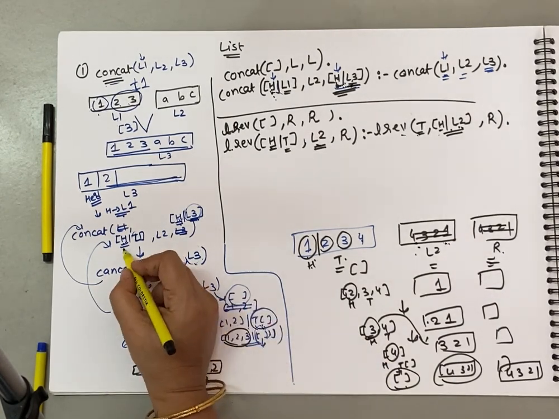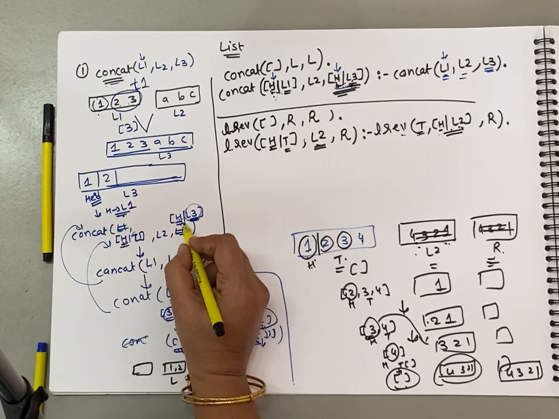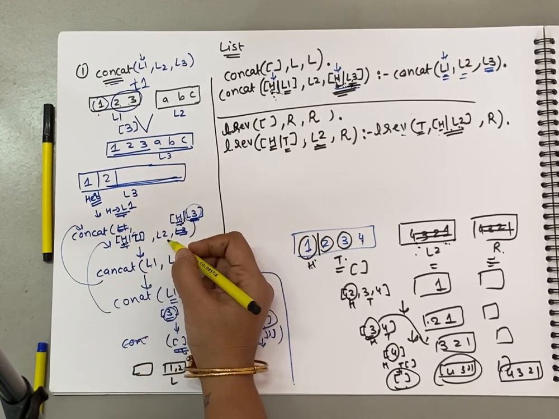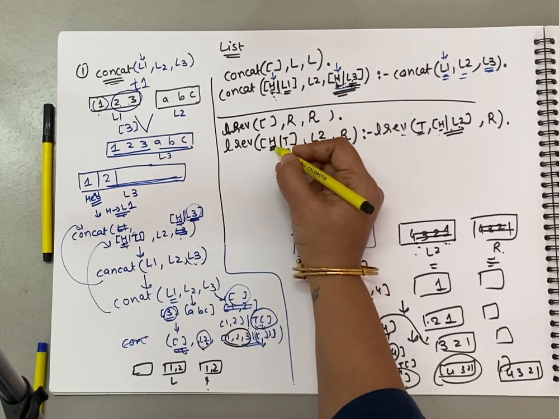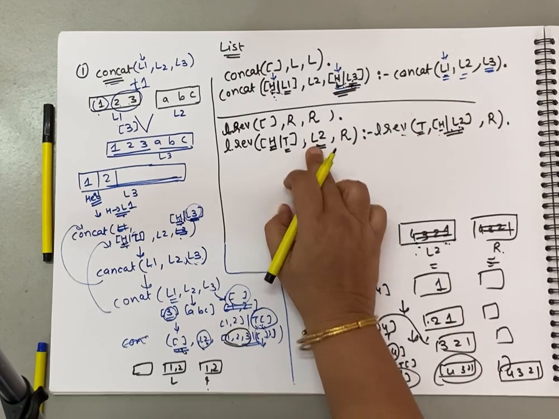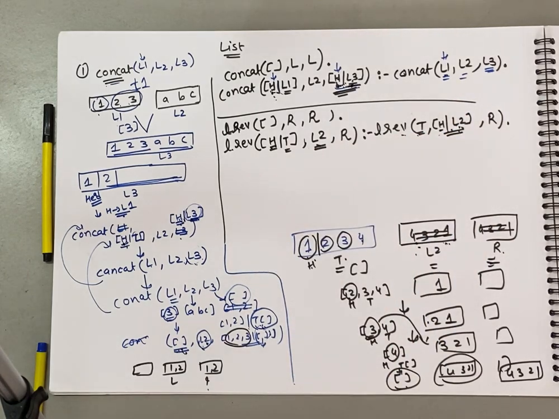To make sure that the head element of the first list is the head element of the last list, the head element is copied in the head itself. But to reverse the list, the head element of the first list will be added in the body, not here in the head. Now see, this is how you have done this code with the help of 3 parameters.